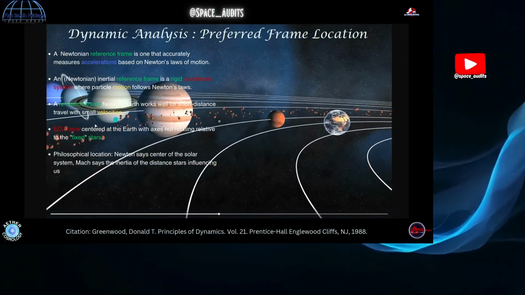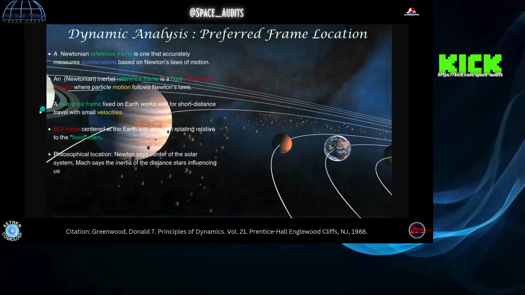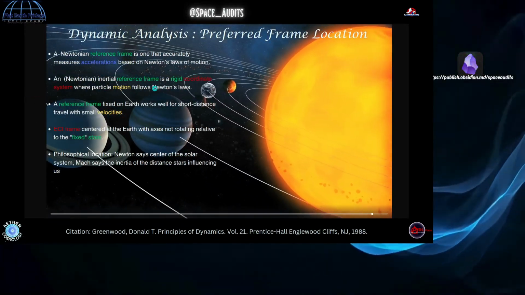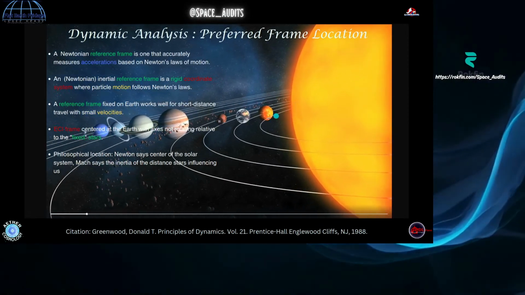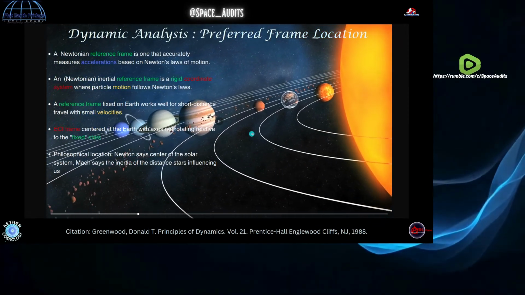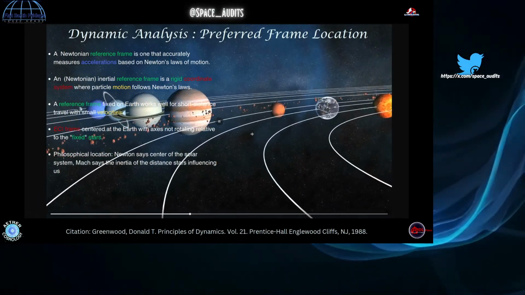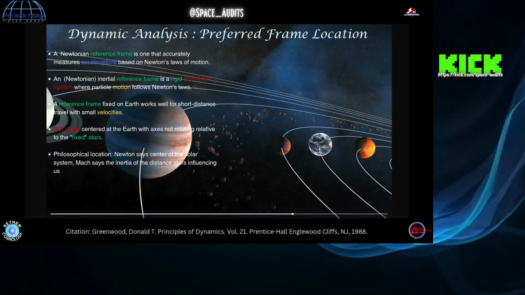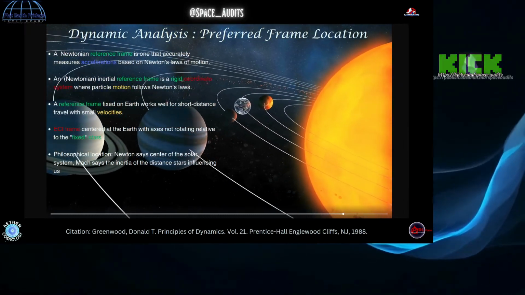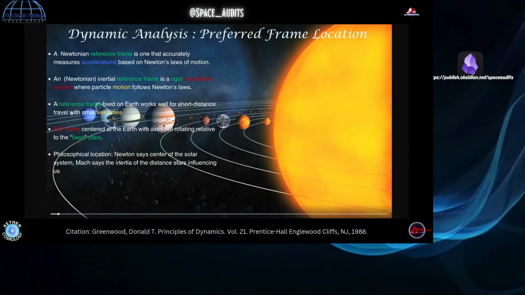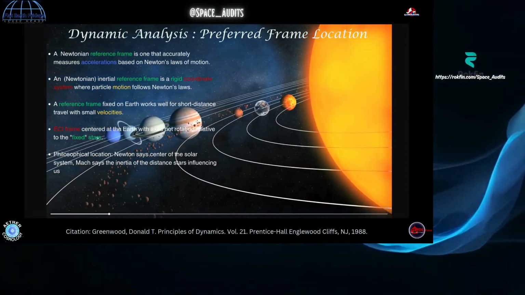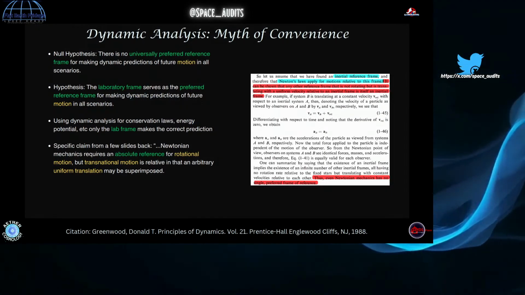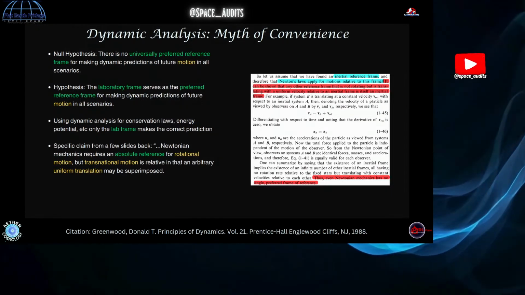So when they get to that, they say they need to use this fictitious frame that's at the center of the lab frame, but not the lab frame itself. Then Mach introduced the idea that, well, first he introduced that time was an abstraction, and it was only due to a change in a system based on relative motion that was with respect to the entire mass of the universe. So we'll go over what that means as we continue.